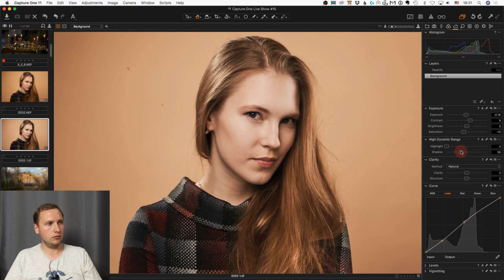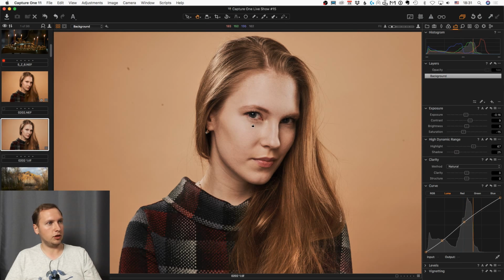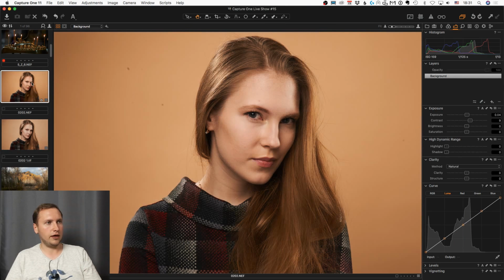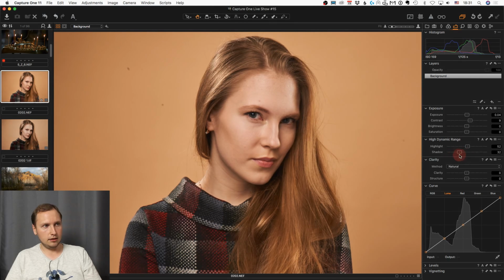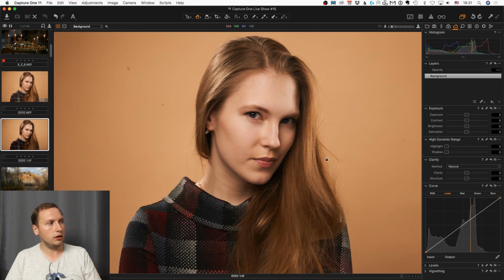For example, let's compare how high dynamic range would affect this image. This is my exported file, and this is the original raw file. As you can see, with the raw file, HDR works much more gentle than with the TIFF file, because in general,